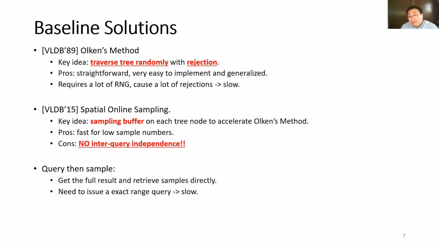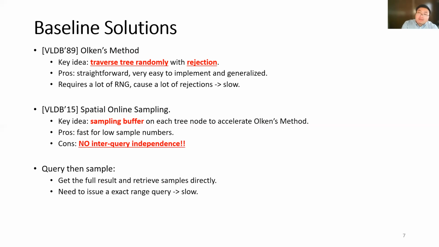So there is another paper published in VLDB 2015 working on generating spatial samples on the fly. The main idea is to optimize Olken's method with a sampling buffer attached to each tree node. With the help of these sampling buffers, we can avoid expensive random number generation when the requested number of samples is small. However, this method does not provide any inter-query independence, generally speaking. It will provide exactly the same set of results when querying the same region two different times. So this violates a very important property we want from our samples, which is independence. To actually fix this, we have to keep replenishing the sampling buffer,